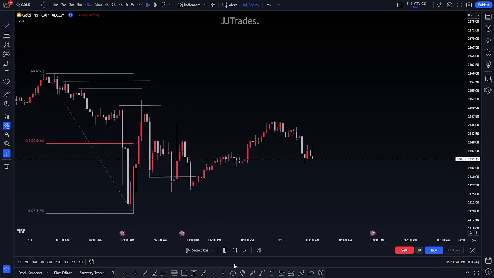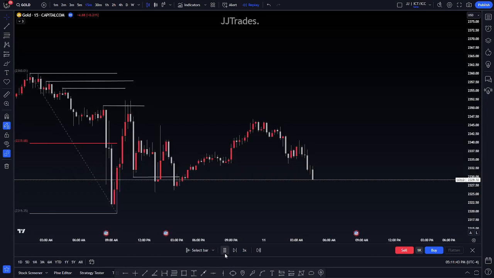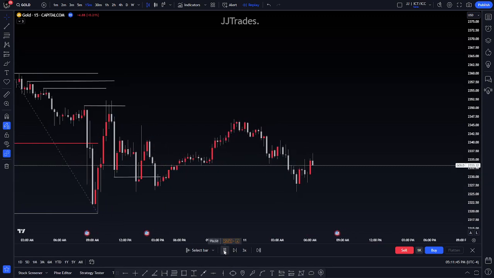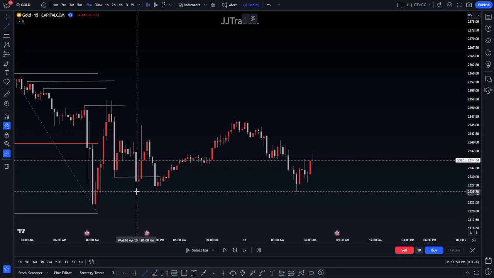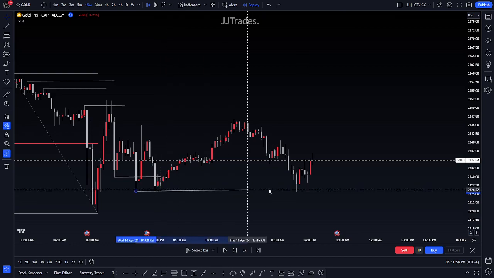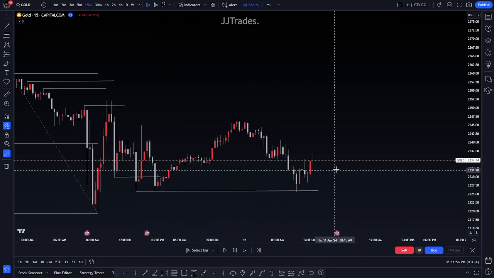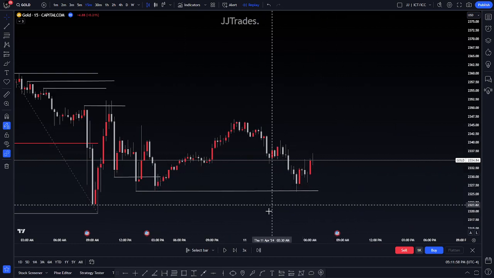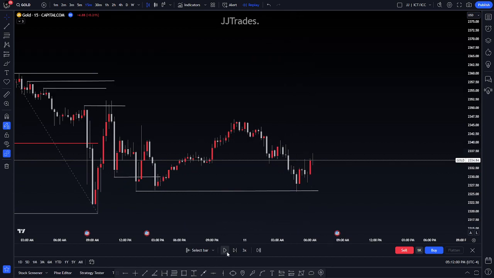As you see here, the market is steadily going up because we are out of session, but we're about to enter session soon. As you see, it did it again. Did it once again. It came down to these lows here and took them out. See that? It came down and took them out before heading back up because we know the market wants to go up. So if we continue,